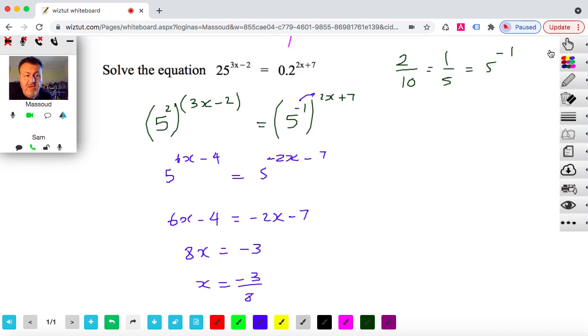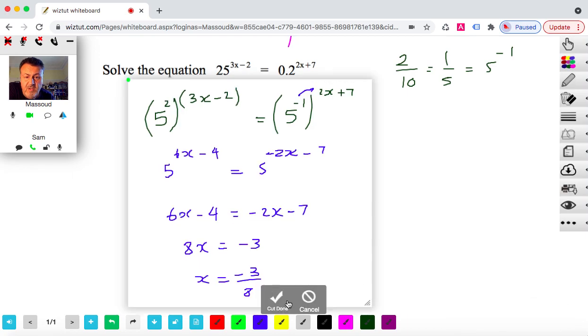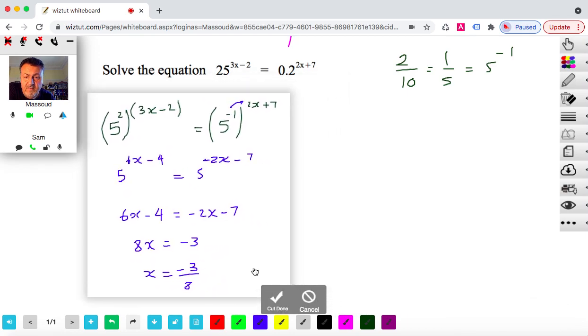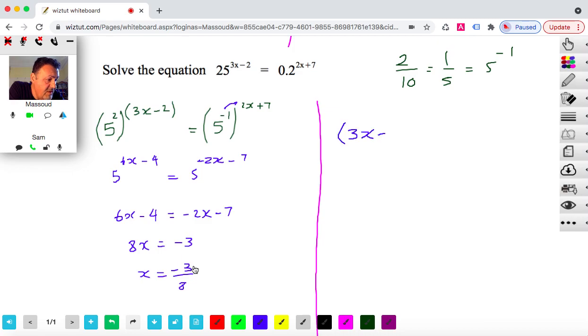Yeah, we can do the same. Let me just squash this to one side so we can maybe use the other side of the screen to do it using log. So applying log to either side of the equation, since we explained that before, if I apply log to both sides of the equation, the power becomes a coefficient. So it'll be 3x minus 2 log of 25, and that will be equal to